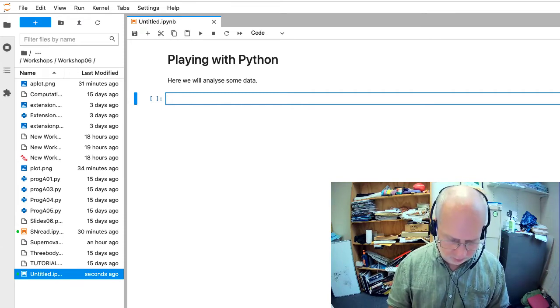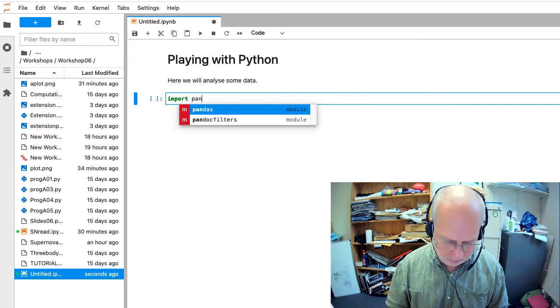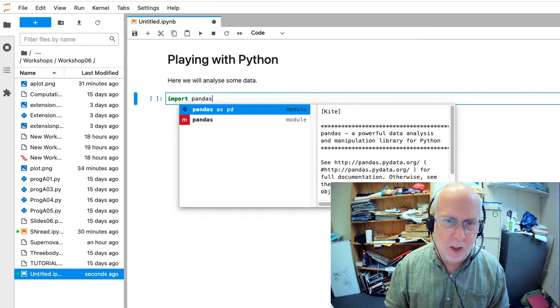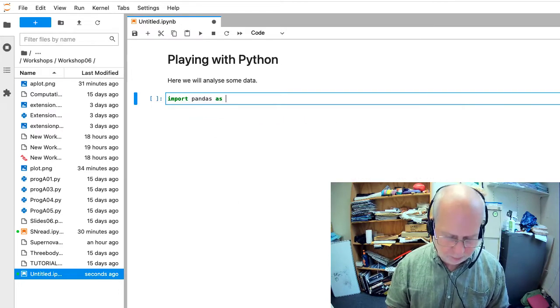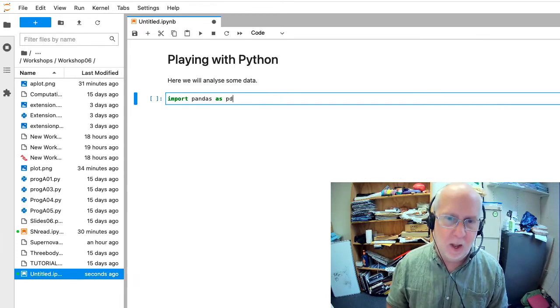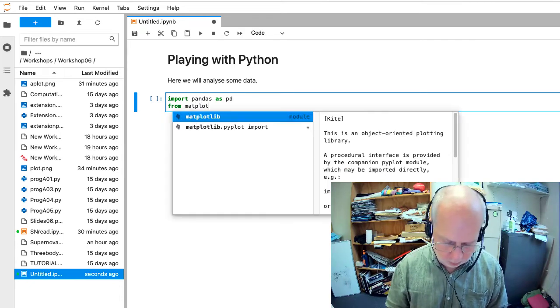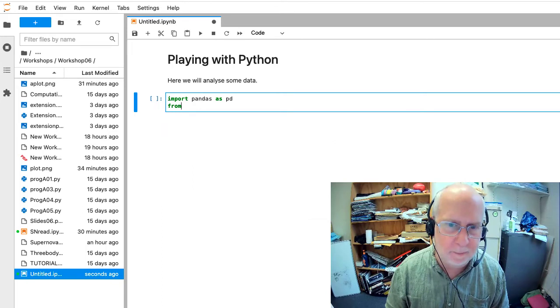So let's see. Import is the command to import one of these packages. Import pandas. I'm going to call it as PD. You can always import something and give it a shortened name, which will save you typing later on. So that means we're going to have PD as shorthand for pandas. And from matplotlib,